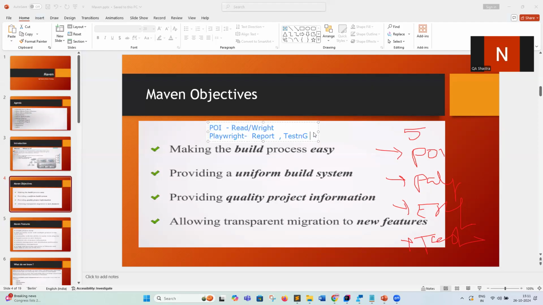Build management issues, or non-supported code, or improvements that were made but are not there, can occur if you are not following a uniform build system. Suppose I am using TestNG and I specify version 9.0 at the project level. If you download this Maven project, automatically the same version will be in your system. That's what a uniform build system is: all dependencies must be in the same version, providing quality project information,